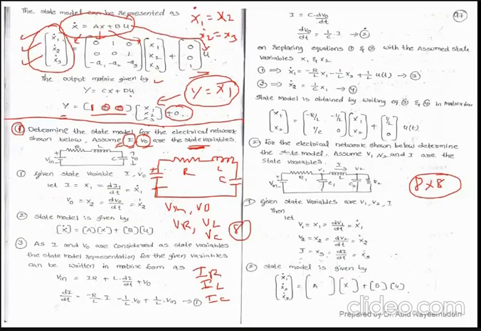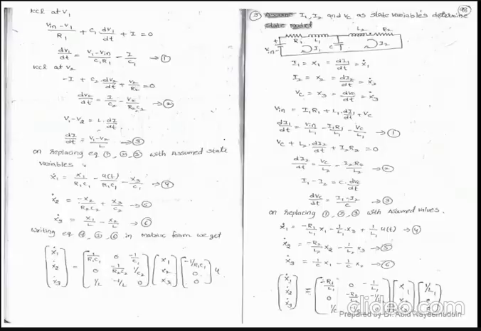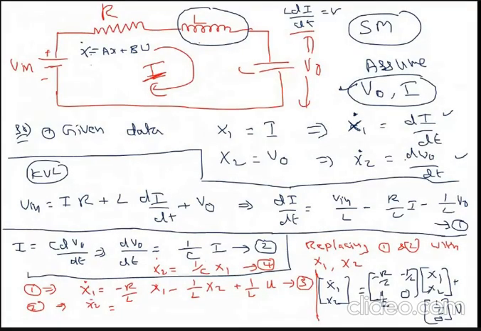So in your first problem, I considered an electrical circuit like this. In this electrical circuit, in the given question itself, he has asked you to find out the state model by assuming V naught and I are the state variables. If V naught and I are the state variables, then the first step is that you assume the first variable as